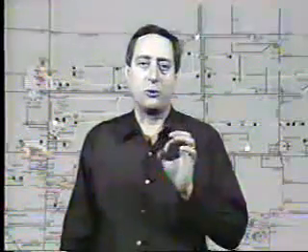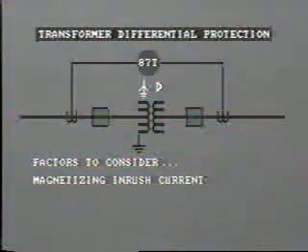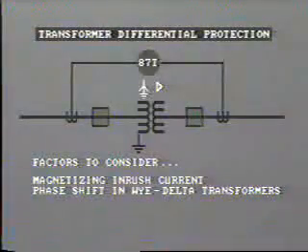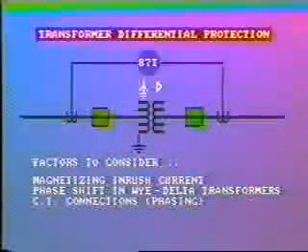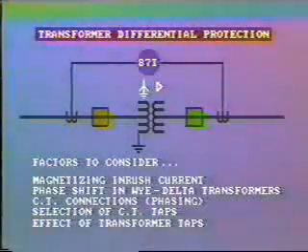You'll remember that we discussed differential relays in some detail in earlier tapes, including the function of restraint coils. We also studied the application of differential protection to generators. Generally speaking, differential protection is applied to all transformers of 10 MVA and above, and also on smaller transformers where they provide an important function in the system. When applying differential protection to transformers, certain factors that must be taken into consideration are the magnetizing inrush current, the phase shift in Y-delta connected transformers, CT connections, that is phasing, selection of CT taps, and the effect of transformer